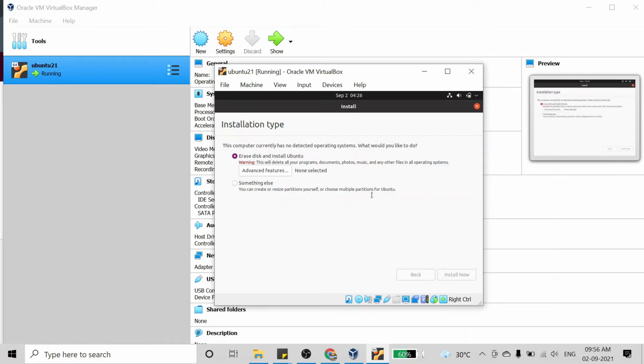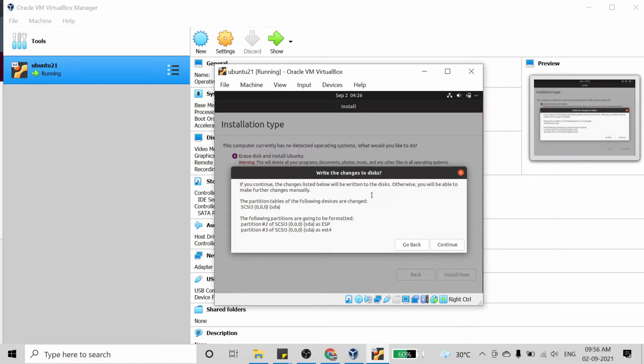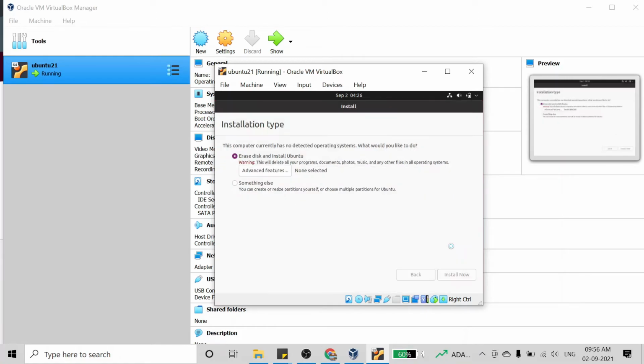What it will do is erase the disk of the 10 GB size which we have given previously, that hard disk size, and it will install Ubuntu onto that 10 GB file, that is the size which we have given already. After that this pop-up will open and we have to click continue on it. So now the installation will be starting,